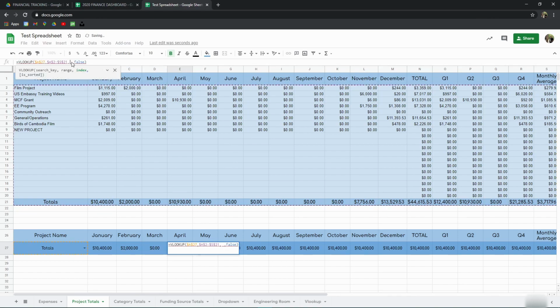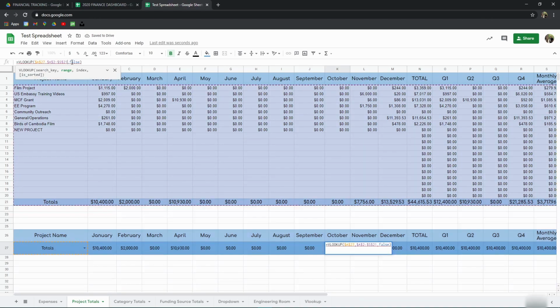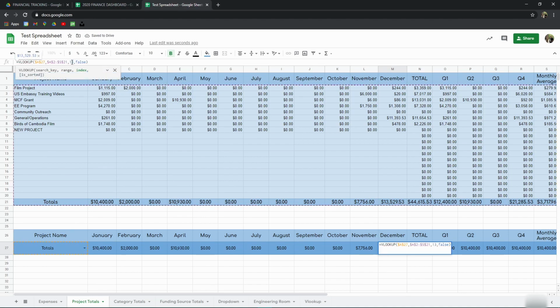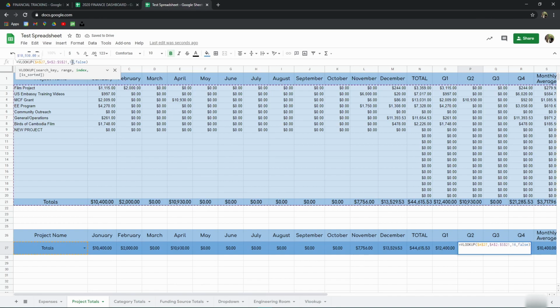So to do this fast, I'm just going to use my keyboard and mouse. April is going to be 5. I'm pressing tab, click, backspace, 6, tab, click, backspace, 7, tab, click, backspace, 8. So I can do this kind of fast. Oops, went one too far. There we go. 16, 17, 18,